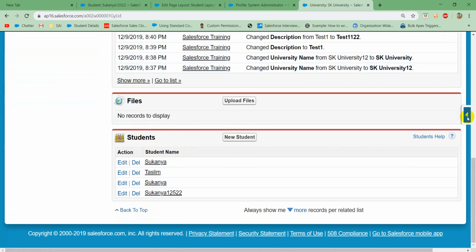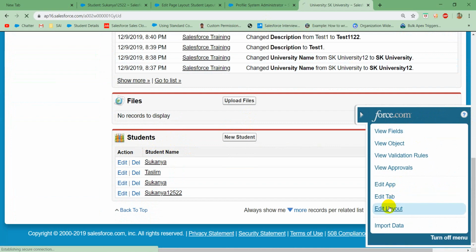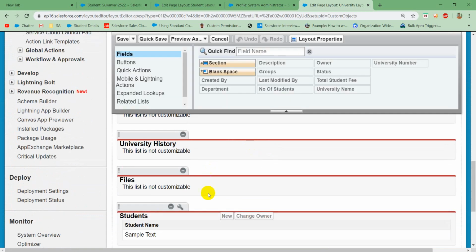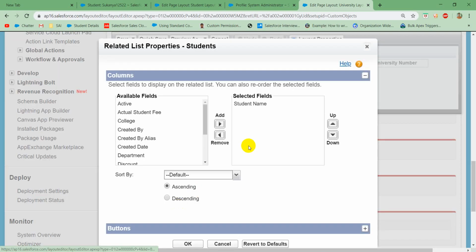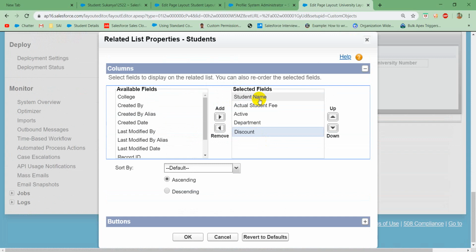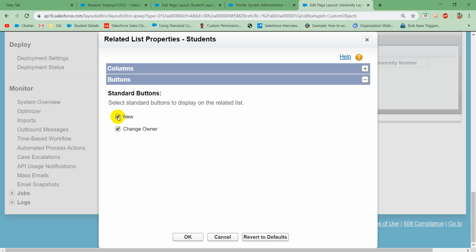Then again, what else can you do with this layout? If you see this, on the related list we have only the student name, right? If you want to display more fields on that, you can do it, whether active or not, or what is the department and what is the discount. You can have up to 10 fields. Again, what should be the buttons? New and change owner, there will be two buttons. If you remove them,